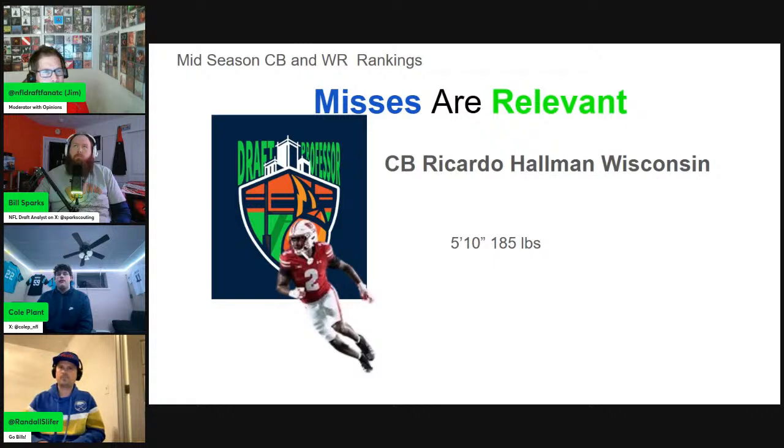And Ricardo Hallman did get kind of lost, and I have seen him bite on double moves a little bit more than I would like, but it's going to happen to every corner. So I'd have that idea of where I'd play him in the slot. I'd prefer him in a more